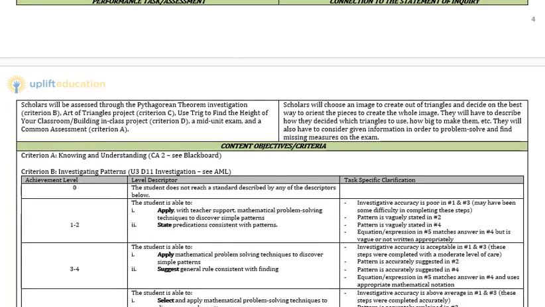The performance task is a Pythagorean theorem investigation that is on Blackboard. The Art of Triangles project is the big project that I've been referencing already. That's on Blackboard. Using trig to find the height of your classroom or the building, that's criterion D, so it's a real-world